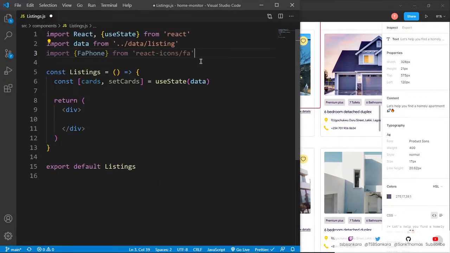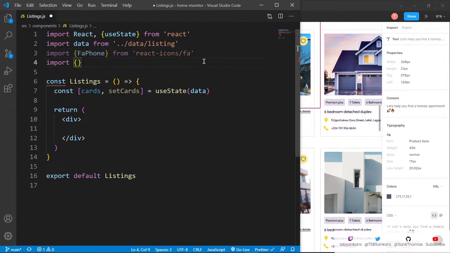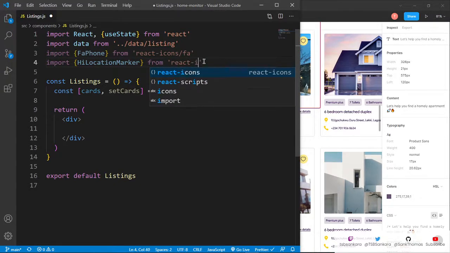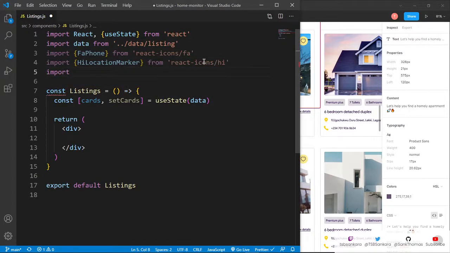And then we also need to import the location marker, so it's called HiLocationMarker like that. This is coming from react-icons, and it's coming from the Hero Icons library. And then finally we need to import the heart, so BsHeart, which is coming from react-icons/bs, the Bootstrap icons, like that. And then the first thing I want to do is just return a fragment, and then inside this fragment I want to return a section,